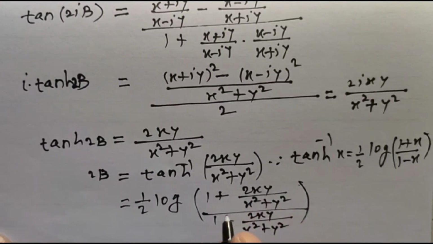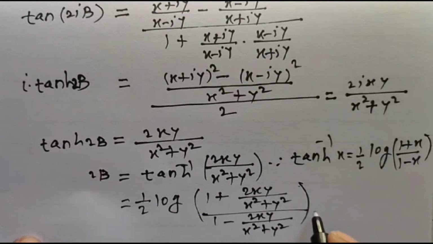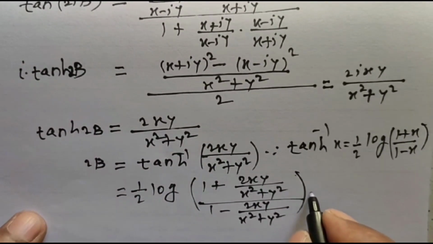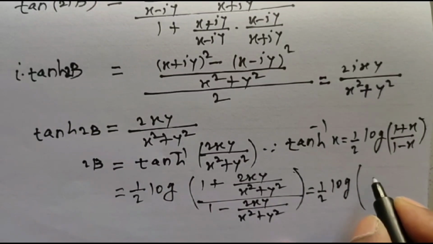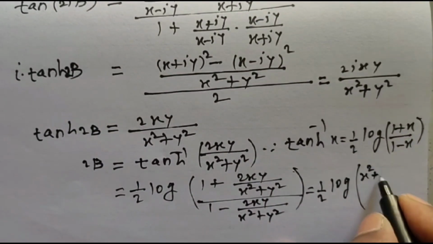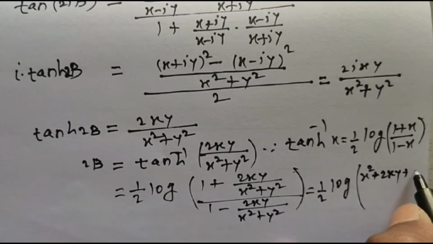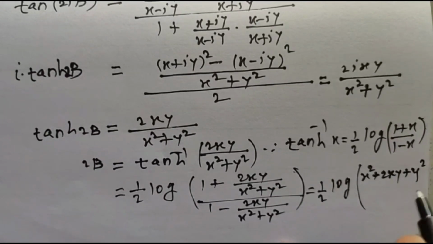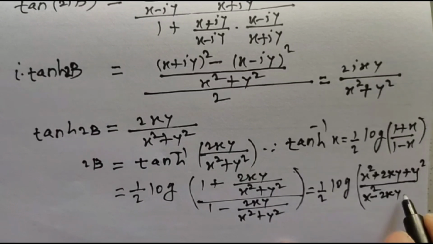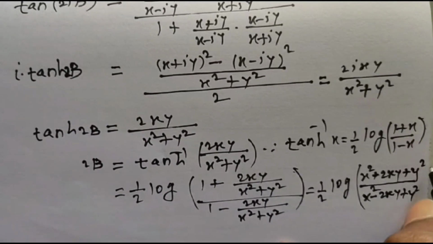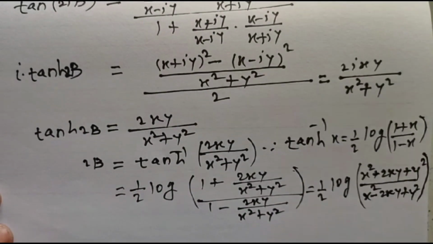Okay, simplify this, then this is equal to 1 by 2 logarithm of x square plus 2xy plus y square divided by x square minus 2xy plus y square, bracket close,